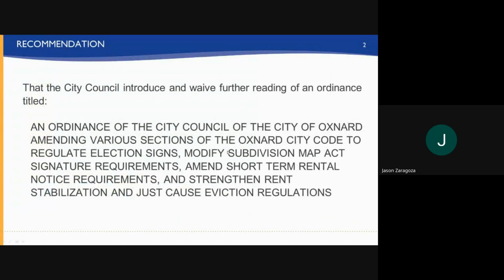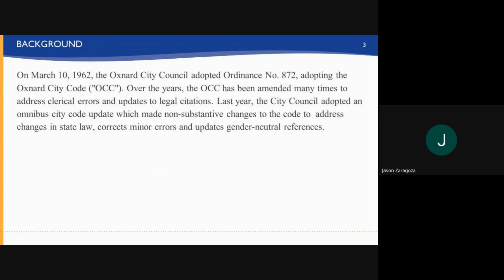All right, so the recommendation is that the city council introduce and waive further reading of an ordinance titled, "An Ordinance of the City Council of the City of Oxnard amending various sections of the Oxnard City Code to regulate election signs, modify subdivision map act signature requirements, amend short-term rental notice requirements, and strengthen rent stabilization and just cause eviction regulations." On March 10th, 1962, the Oxnard City Council adopted ordinance number 872, adopting the Oxnard City